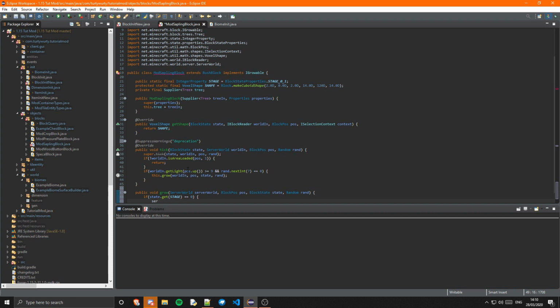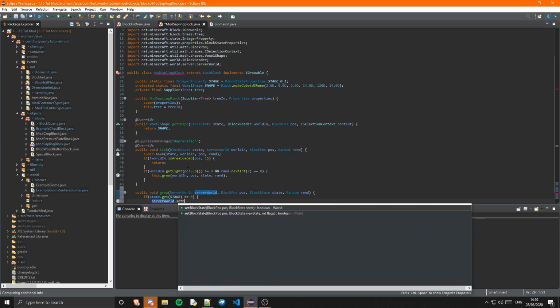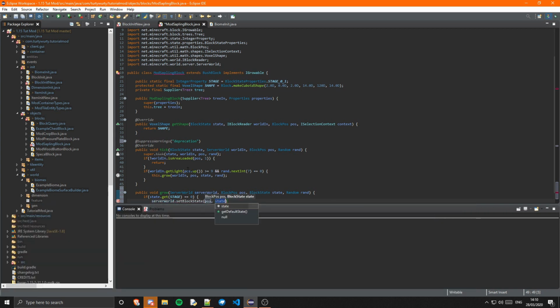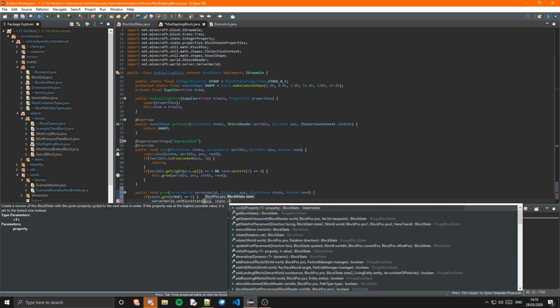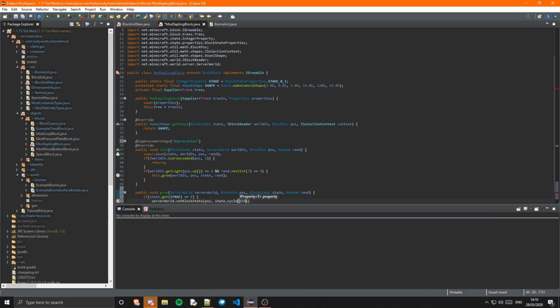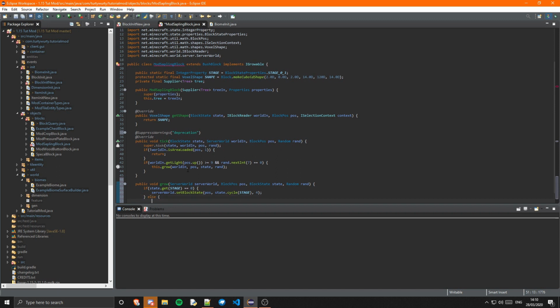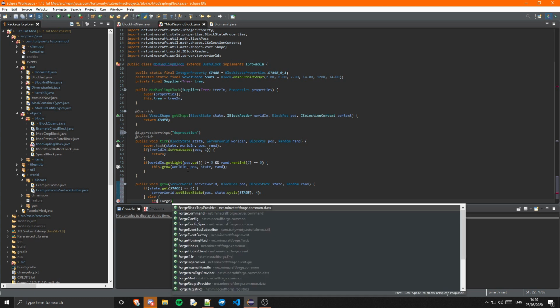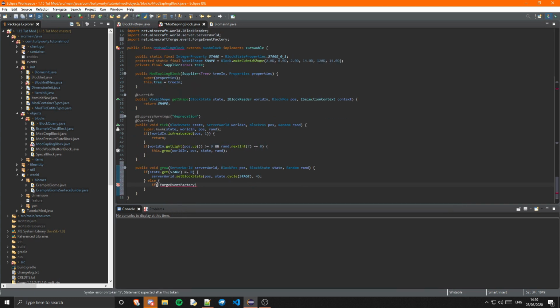Then server world dot set block state pos state dot cycle stage, and then 4. So 4 is just the flag that we're doing. And then else we want to do if not forge event factory dot sapling grow tree server world rand pos. Then we want to just return,